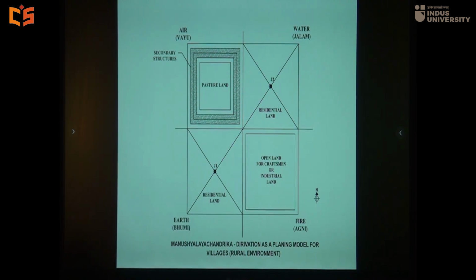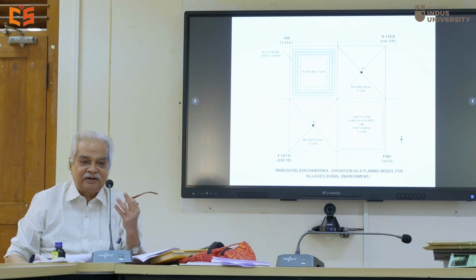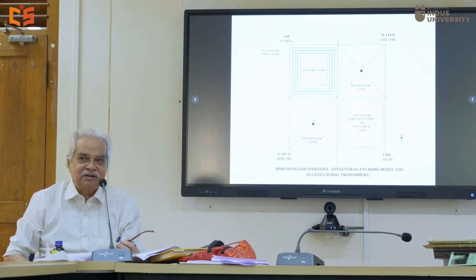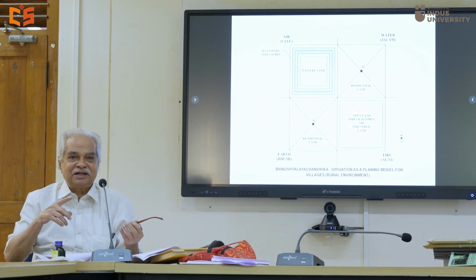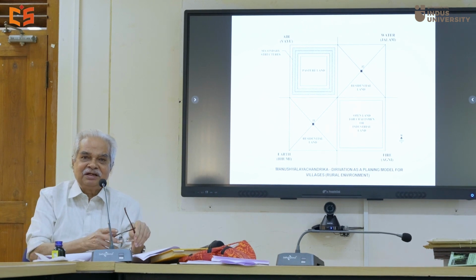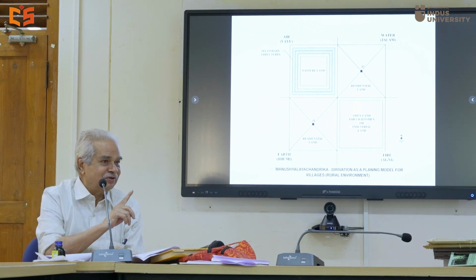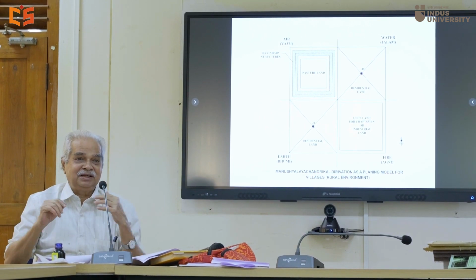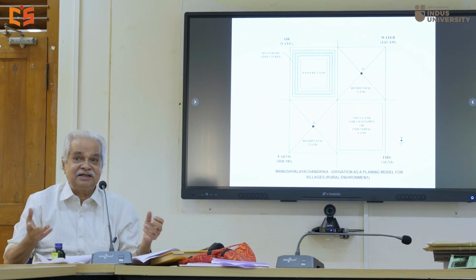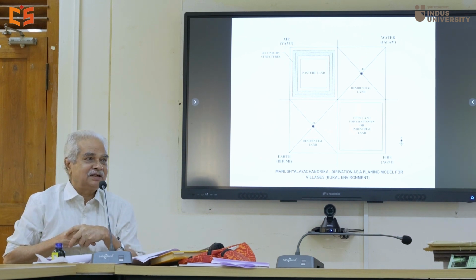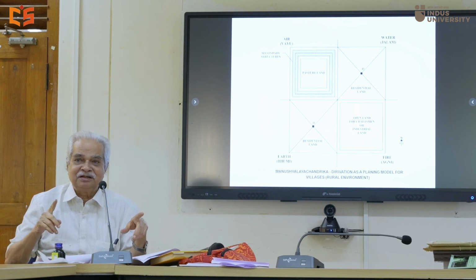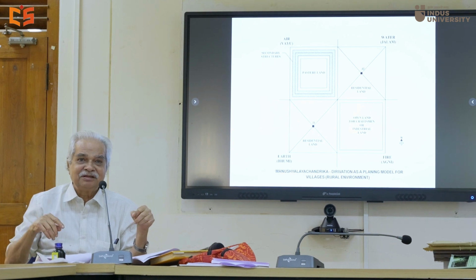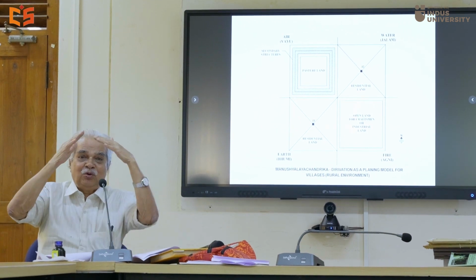It's a pasture land, for the cattle, and for all things connected with that. Now let us again look at the size of the VT. Manushyalaya Chandrika says, we started from Manushyalaya Chandrika, the width of the VT could be as much as 10 danda. 10 danda means 1 danda is 4 hasta. So 10 danda will become how much? Much larger. And the whole area will be about